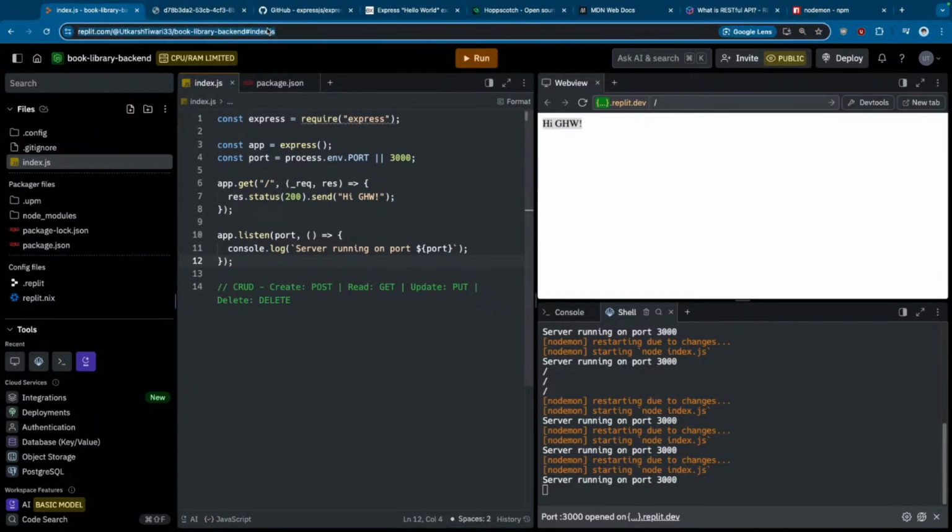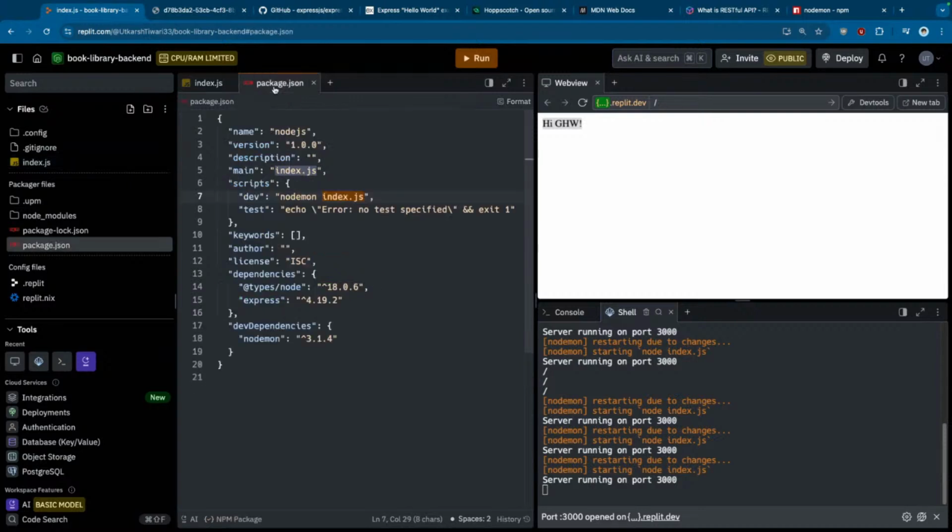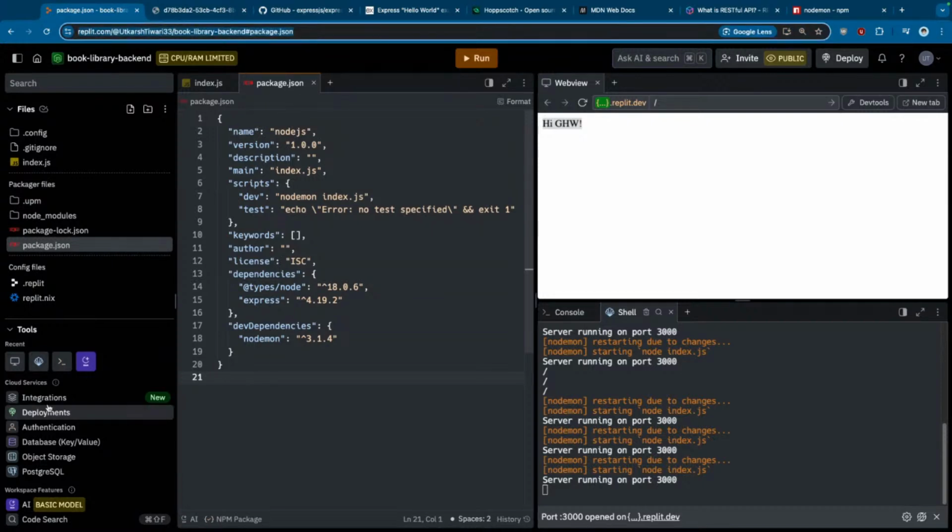Can you take this particular Replit that I have, copy paste the exact code? Also ensure that you have express installed. Also add this dev. You can actually take this whole thing, copy paste this package JSON as well, then go over to your shell. Okay, not the console, the shell,